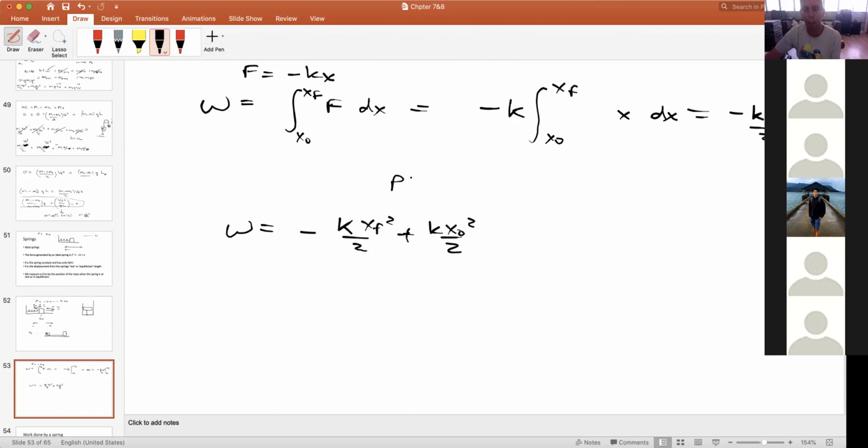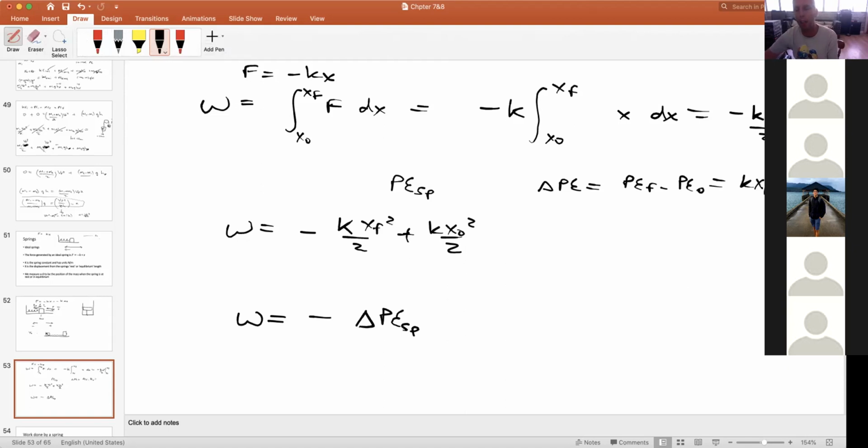But we're going to call this potential energy of a spring. And remembering that delta potential energy should give us potential energy final minus potential energy initial, that means the work is minus the potential energy of the spring. So this should be kx final squared over 2 minus kx initial squared over 2, and it's a negative sign. And that is still equal to the change in kinetic energy, which means